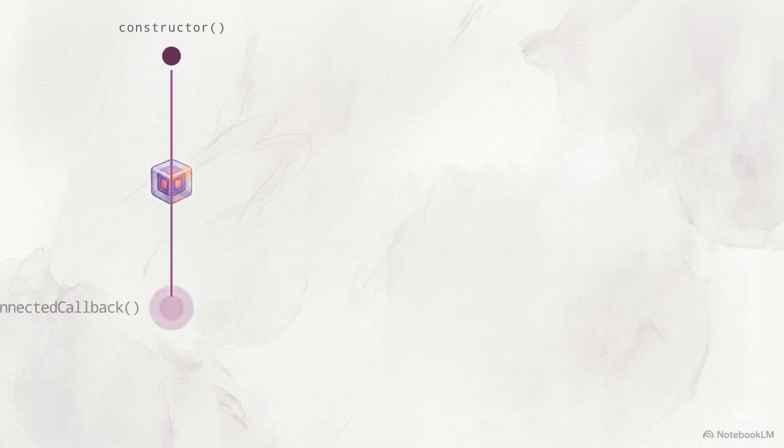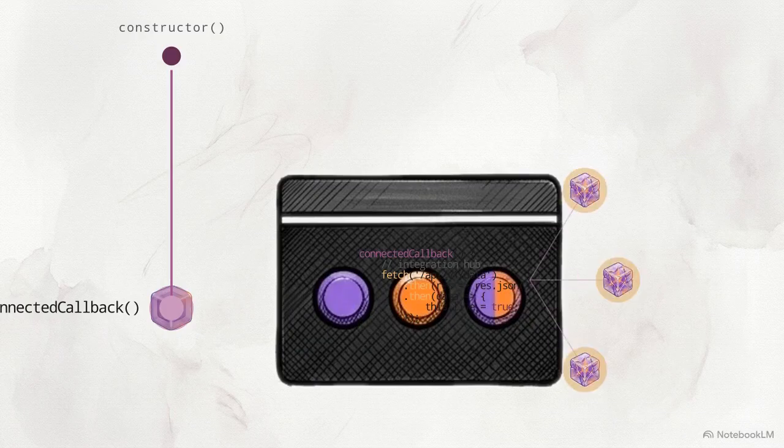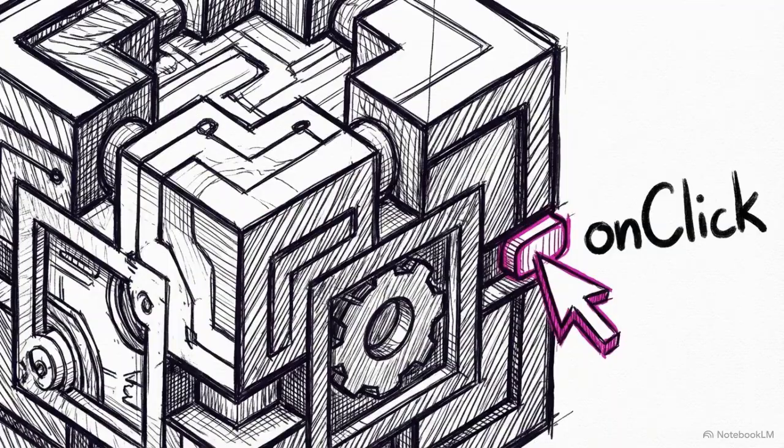Moving down the diagram, we reach the connected callback hook, which fires precisely upon this insertion. The component is now live. This phase serves as the primary integration hub, where the component connects to external data and services. There are specific valid operations for this phase. This is the exact place to execute initial data fetch requests from your server and to attach standard event listeners